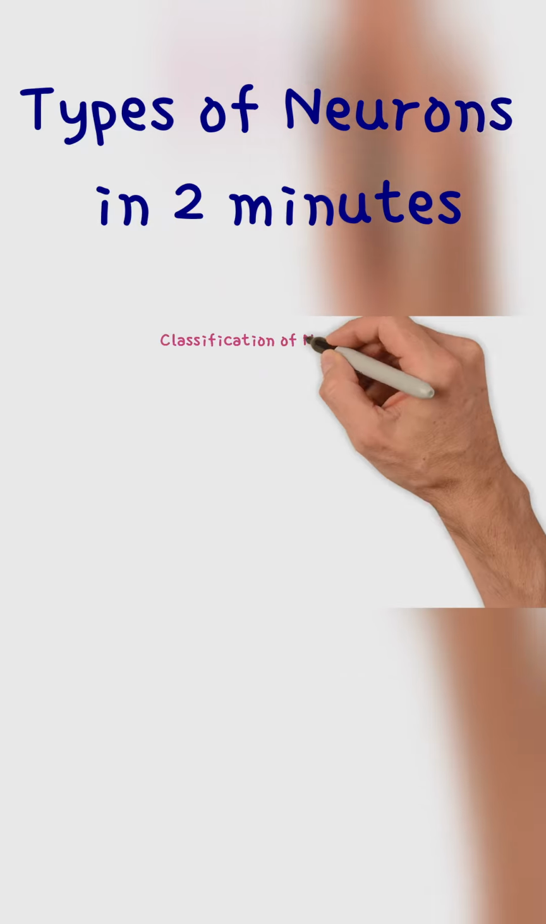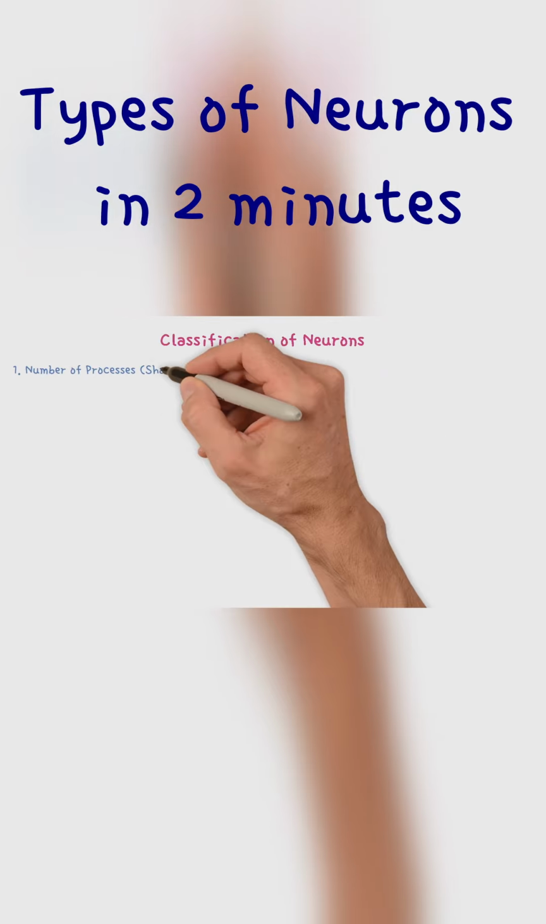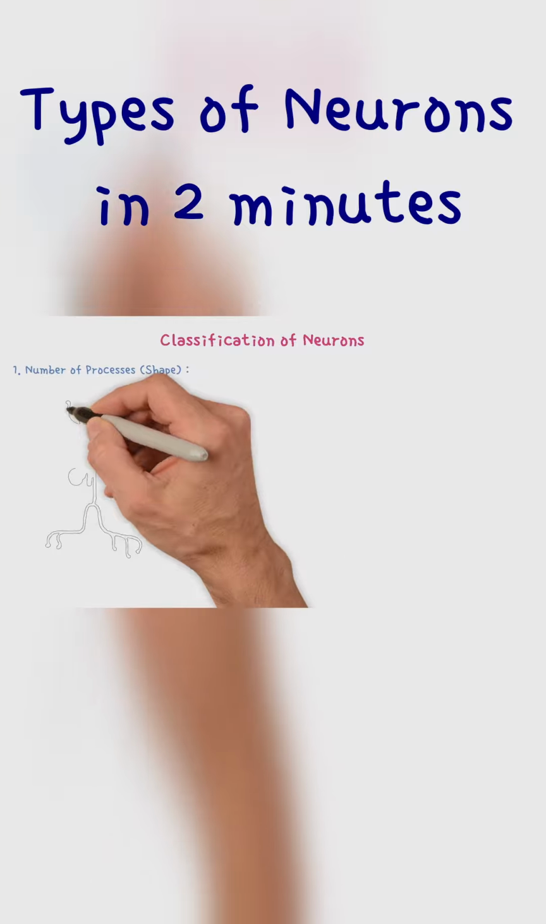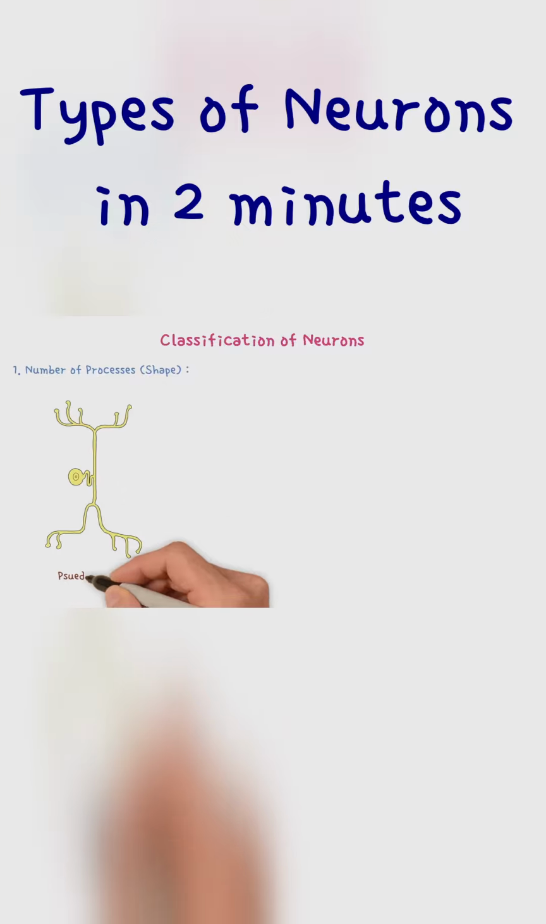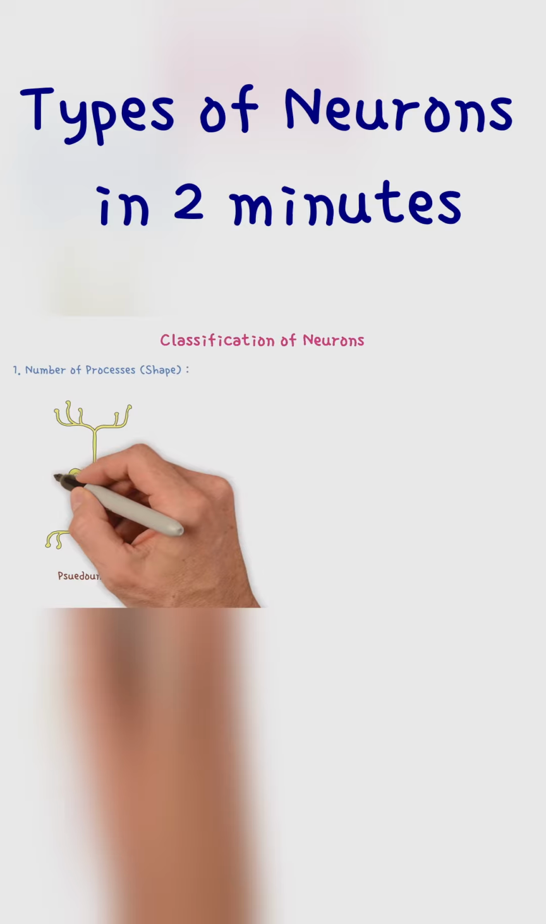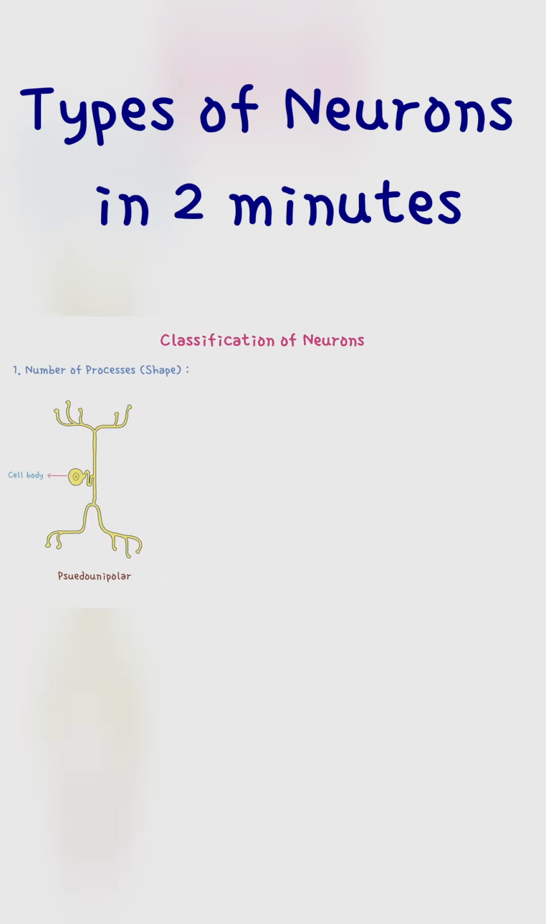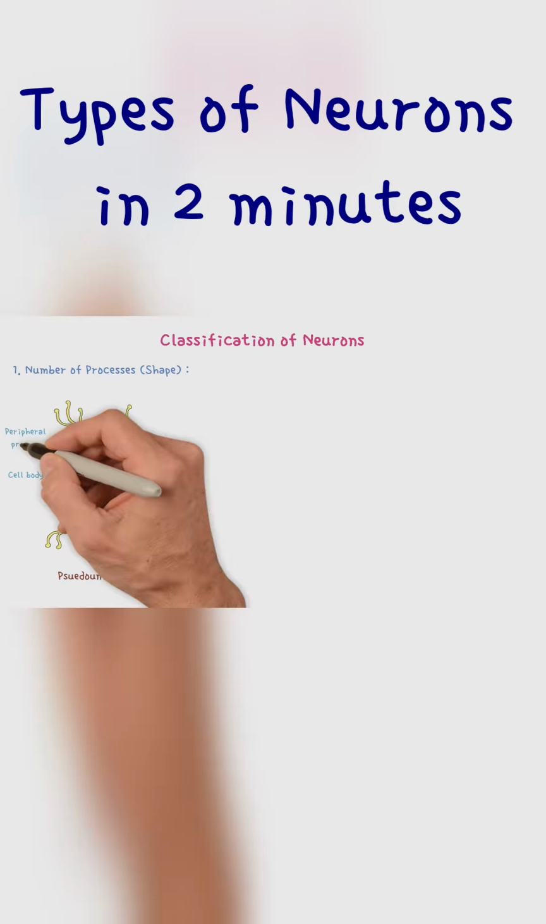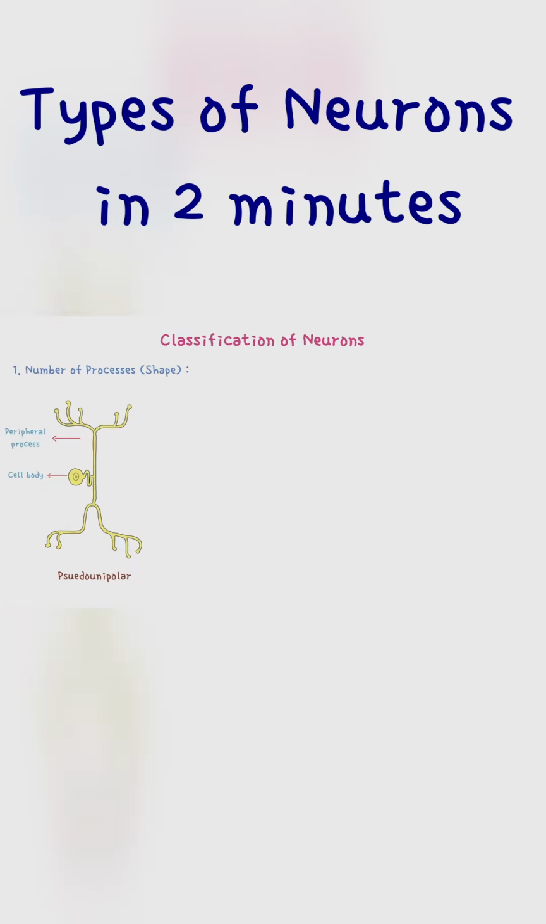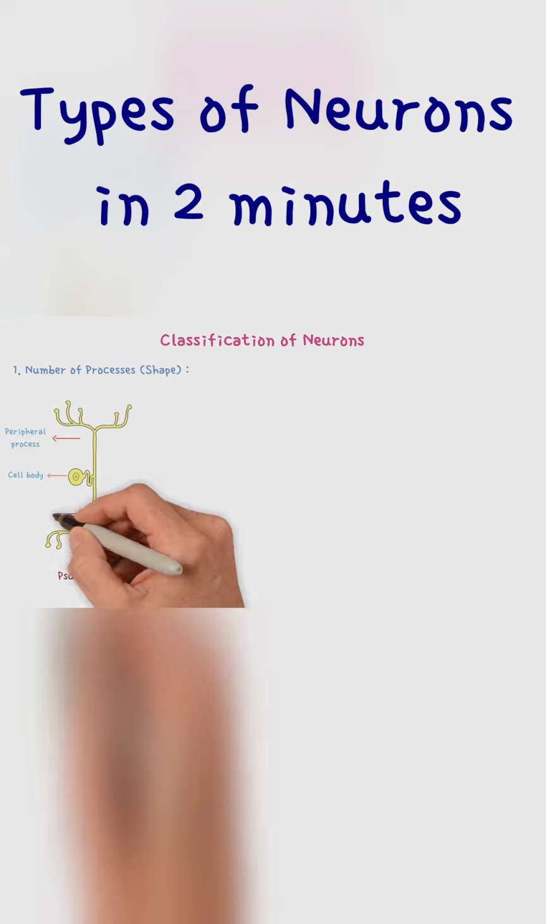Let's look at how we classify neurons. First up, according to the number of processes arising from the cell body, we've got the pseudo-unipolar neuron. This one has a round cell body with a single process coming out that quickly splits into two long branches, one heading out to the body called the peripheral process, and the other going in toward the spinal cord called